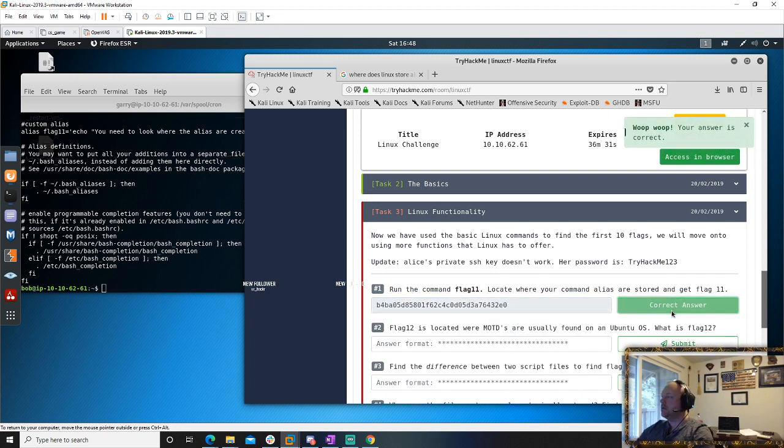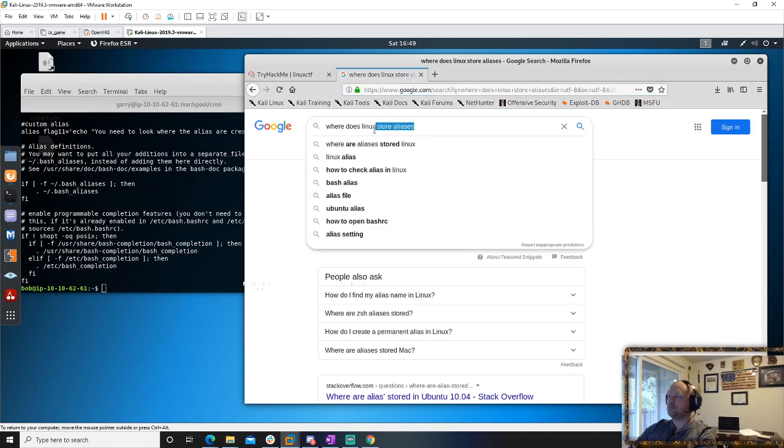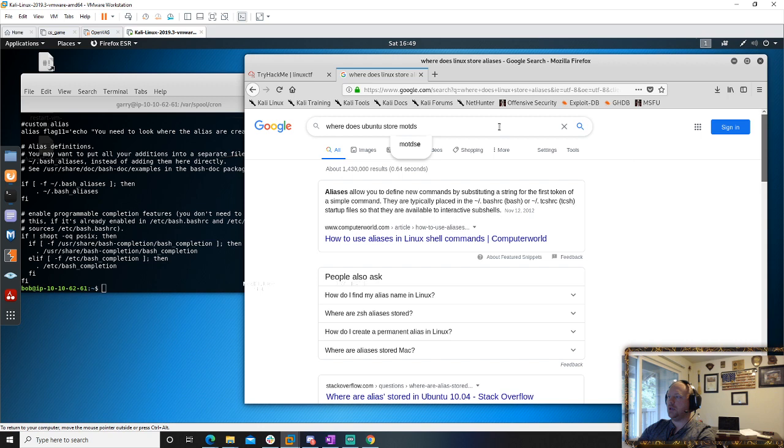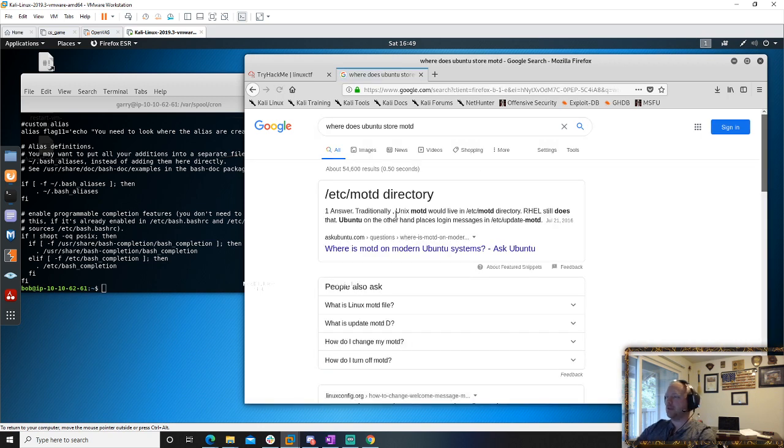Boom. All right. Where do I see MOTDs on an Ubuntu OS? Where does Ubuntu store MOTD? /etc/mo.